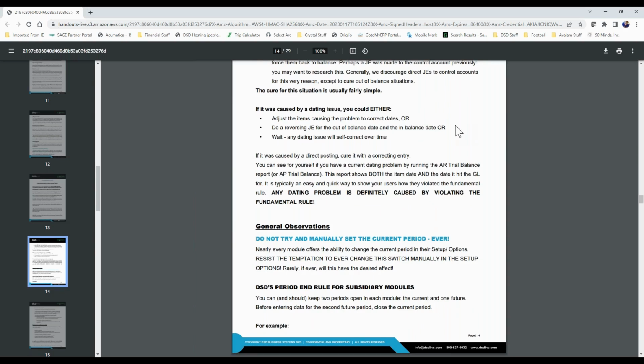Generally speaking, without getting the specifics of any particular scenario, it's better to try to fix it in the subsidiary ledger where possible. That's not always possible, so sometimes it's a GL fix, but it really depends on what happened in terms of what you want to fix. But there are different methods of fixing. So the common ones here: adjusting them in the subsidiary ledger to fix a date issue, doing a reversing JE to take the GL out of the wrong period, maybe book it to the right period, or wait,